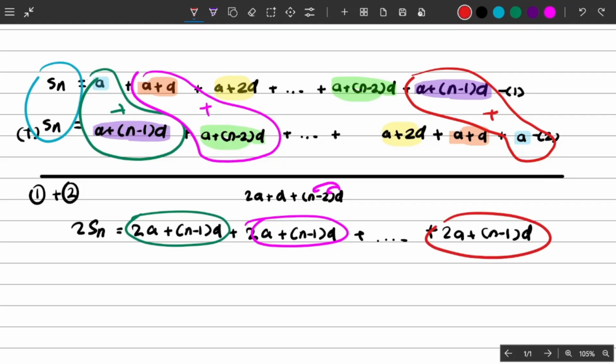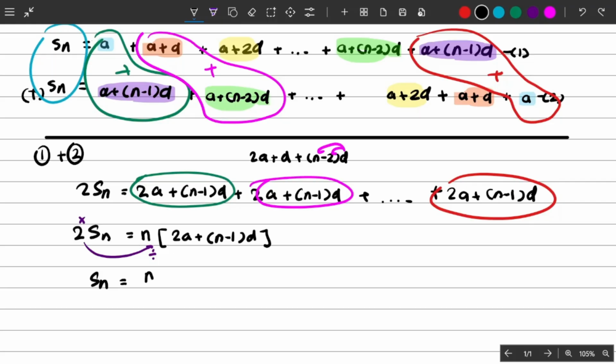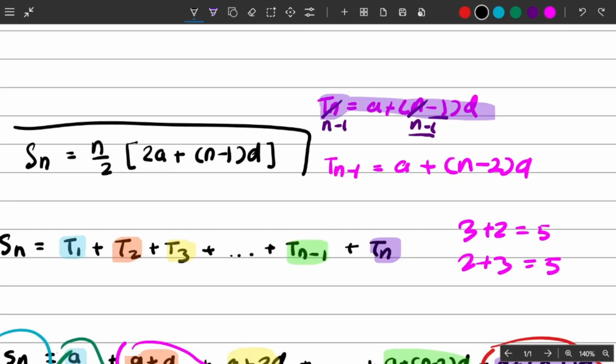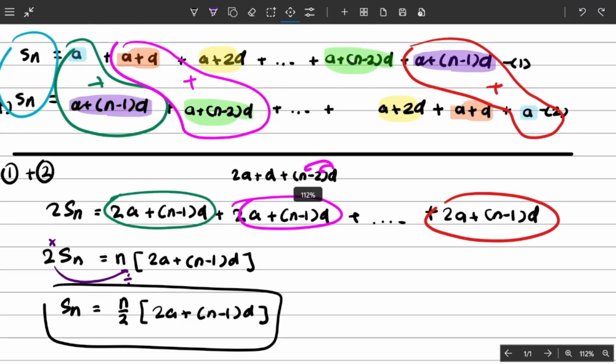Do you realize something here? The first term 2a plus n minus 1 d, 2a plus n minus 1 d, 2a plus n minus 1 d. There are n amounts of 2a plus n minus 1 d. Since it's the same thing over and over again, we can write it as n bracket 2a plus n minus 1 d. On the left hand side, you have 2Sn. Now, 2 times Sn, when you move it to the right hand side, it will be division. So Sn is equal to n over 2 times 2a plus n minus 1 d. Now, is this the same as the formula above? Let's see. Yes, very similar. Actually, it's the same thing. Once you manage to do all of that, you can write